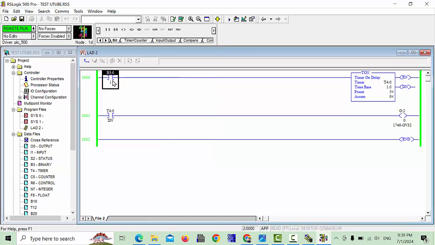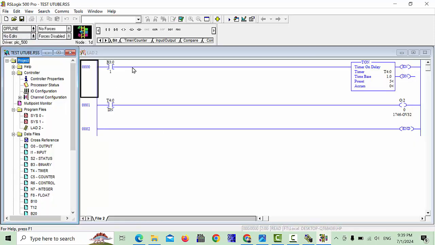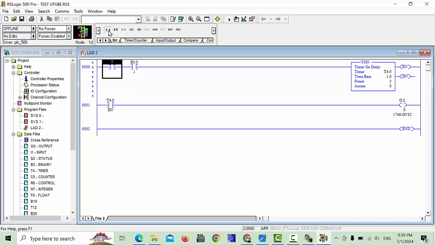For example, this is B3:0. I will use this next here. Go to offline and click no. And here you can choose your one signal I0.0. Not here, we will choose, we will take it here, I:1/0,